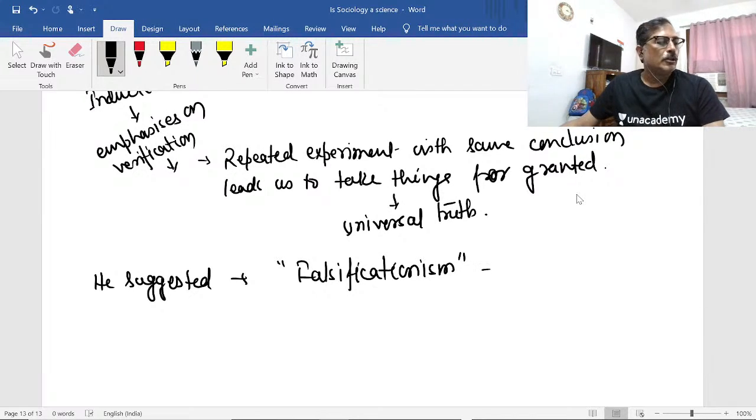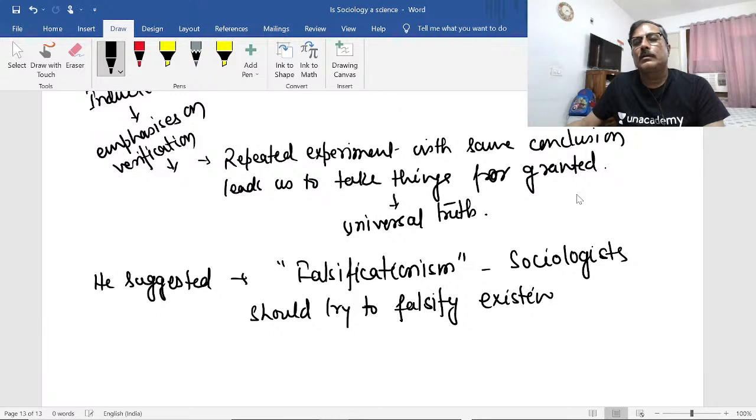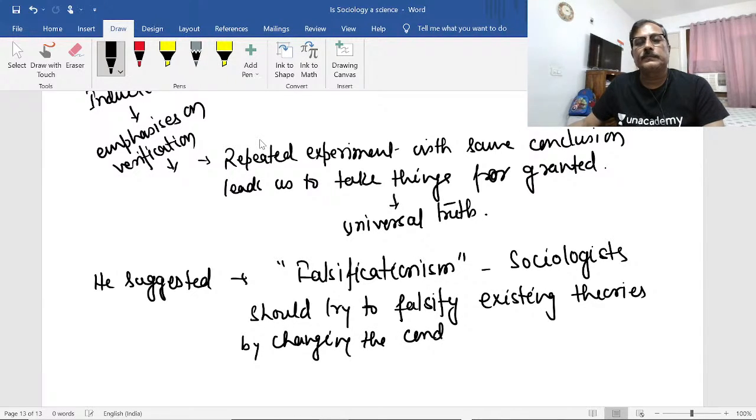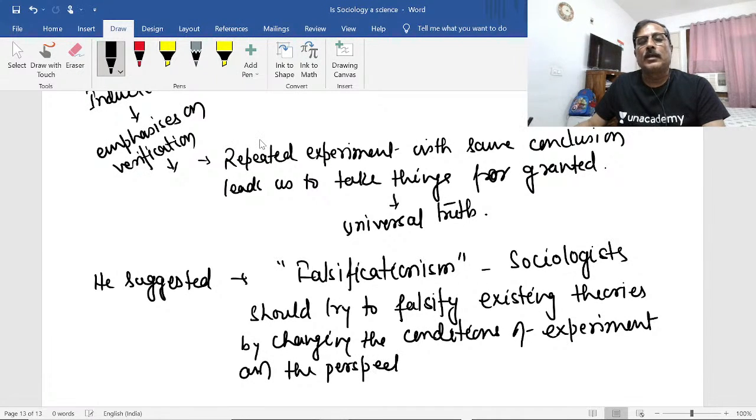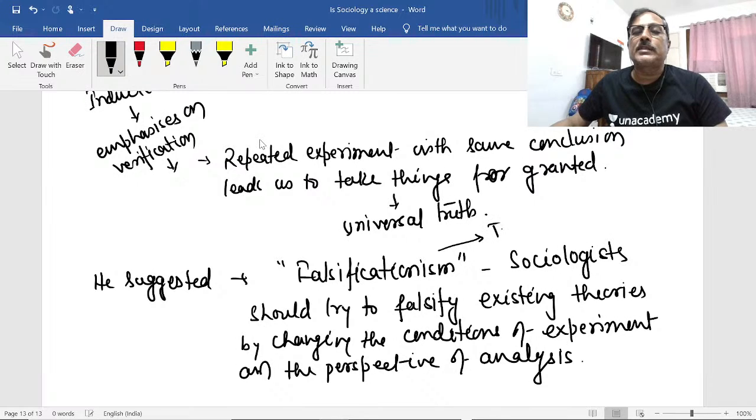That means sociologists or social scientists should try to falsify existing theories by changing the conditions of experiment and the perspective of analysis, the angle from which you are analyzing the things, right? So now here you see what he claims, that falsificationism is truly scientific,